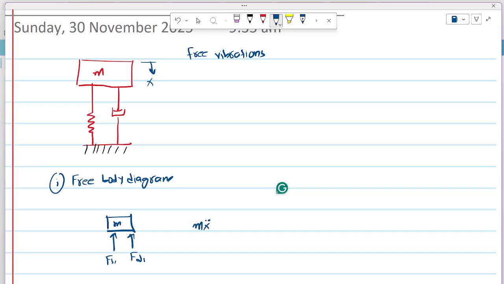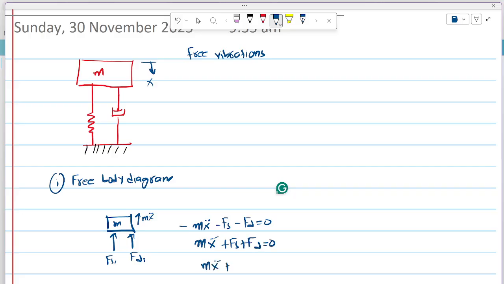m x double dot, because if we assume that the system was excited towards the bottom, and it is moving towards the bottom, the inertia of the body is acting in the opposite direction. Inertia always acts opposite to the direction of motion. So if you take downward as positive, the upward will be negative. So minus m x double dot minus Fs minus Fd equals 0, or you can take all of them on the other side. So it will be m x double dot plus Fs plus Fd equals 0, or